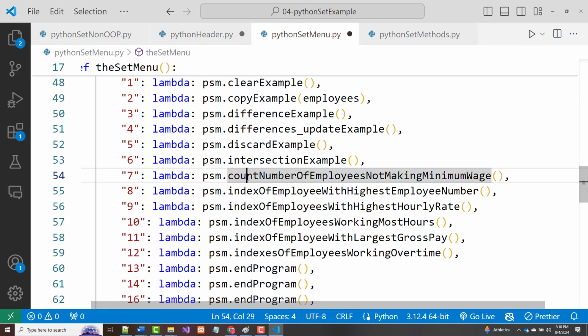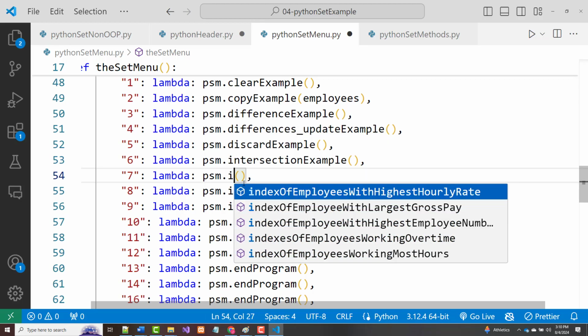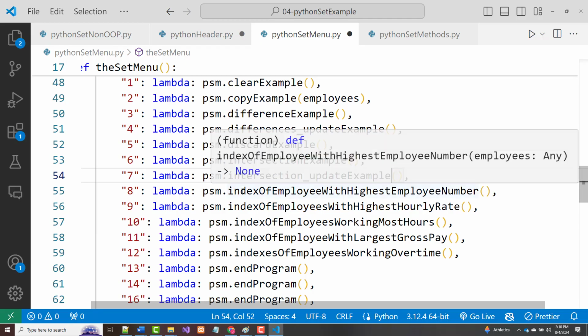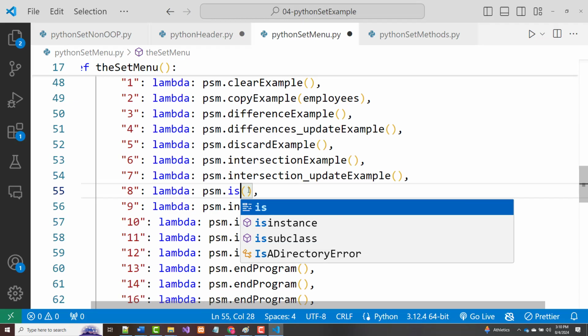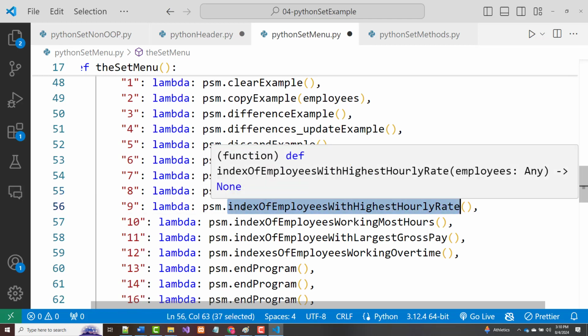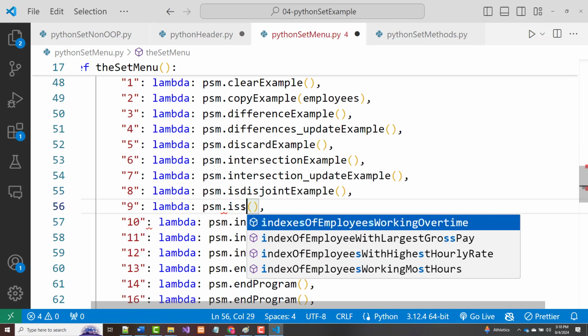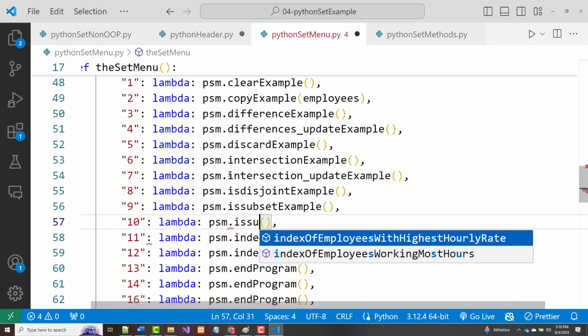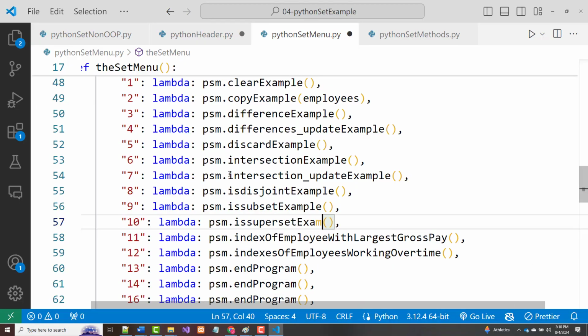All right, followed by intersection update example. All right, next will be is disjoint example, followed by is subset example, followed by is superset example,